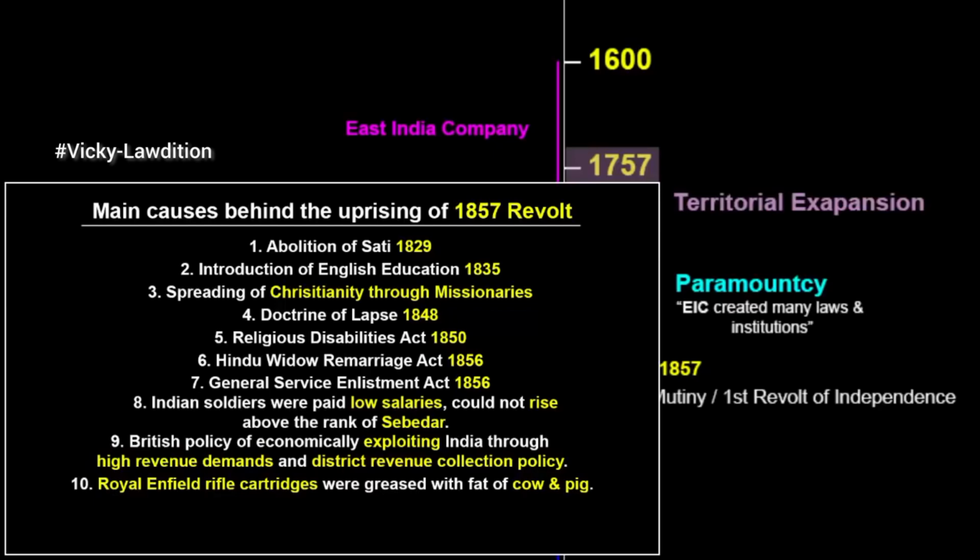Mangal Pandey was the central character of this story. He shot the first bullet at the British. And the last point is when the mutiny started, the Indian troops went to the last Mughal emperor for becoming their leader. The British disrespected the last Mughal emperor Bahadur Shah Zafar, and that hurt the sentiments of Indians, especially Muslims who had great respect for him. So together all of this became the main causes for the uprising of